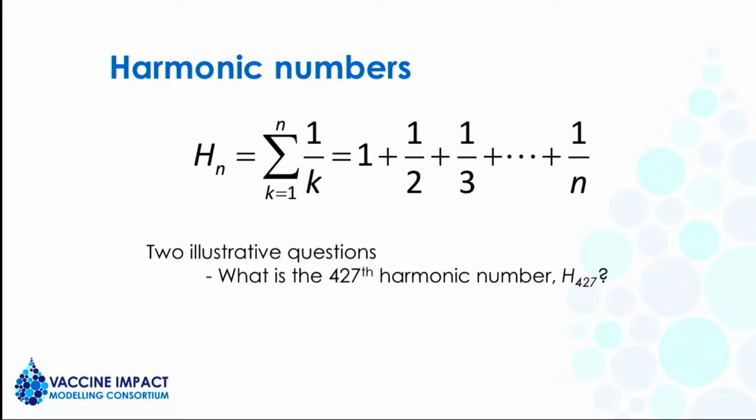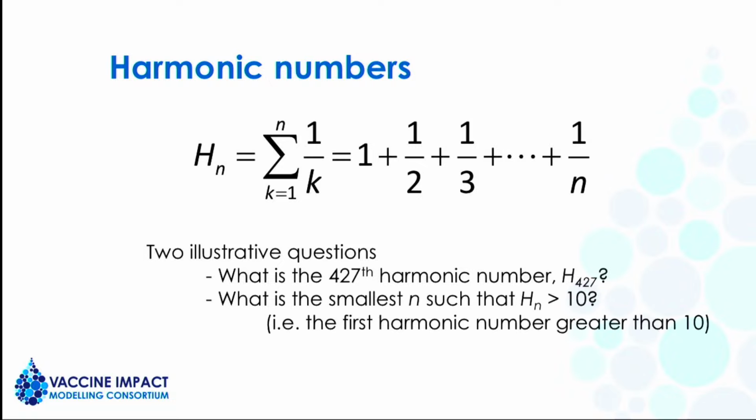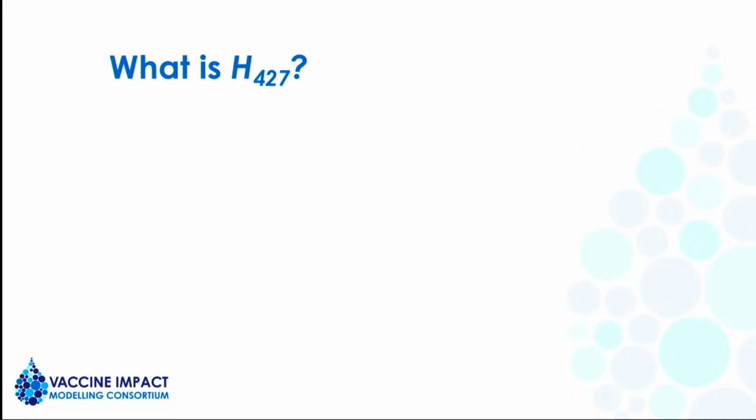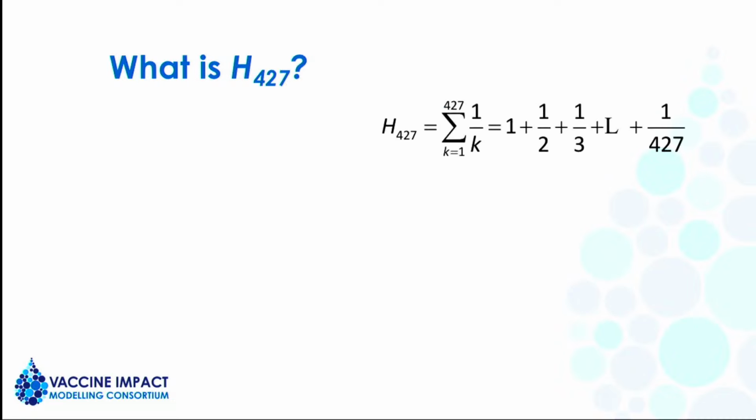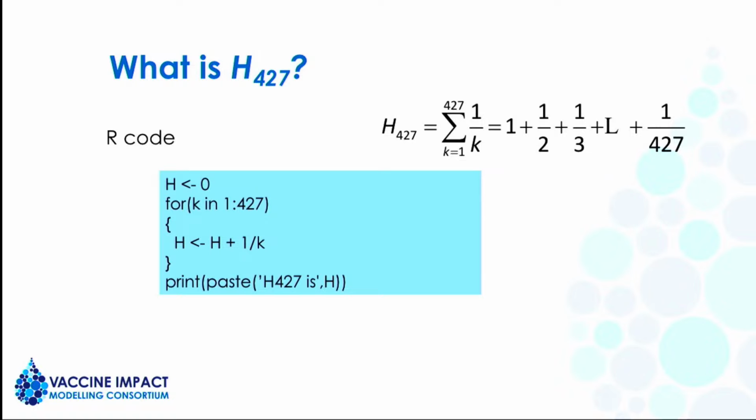Okay, so let's say we wanted to calculate the 427th harmonic number, or we wanted to ask a more sophisticated question like, what is the smallest n such that the harmonic numbers are greater than 10? So the first harmonic number greater than 10. So in R,